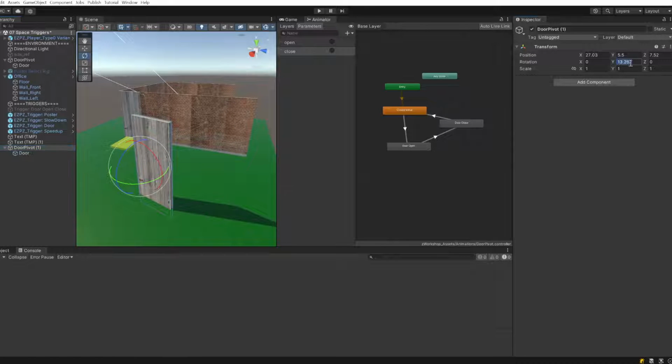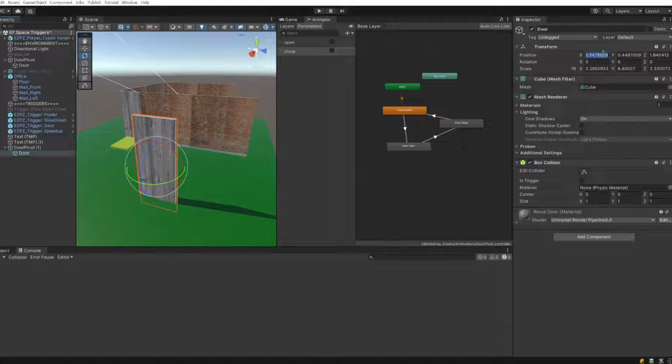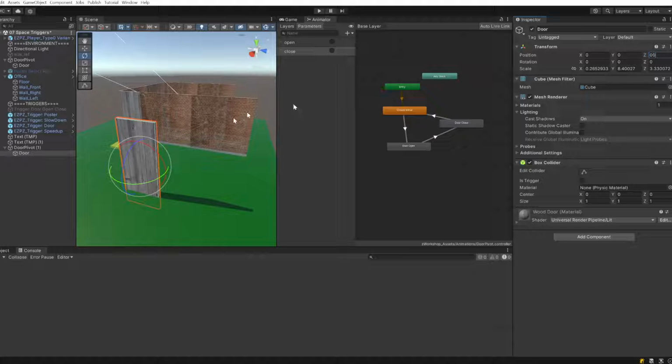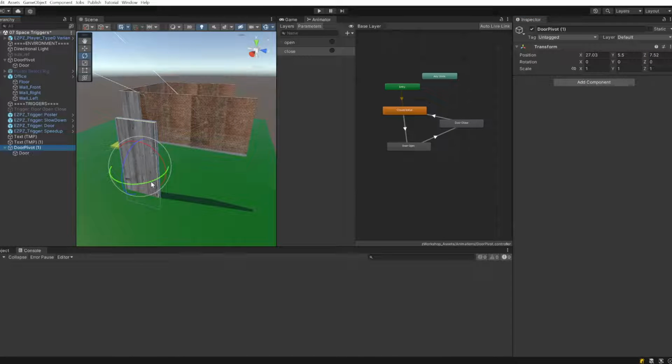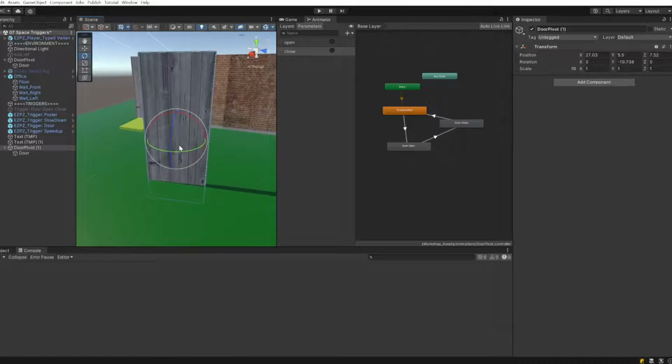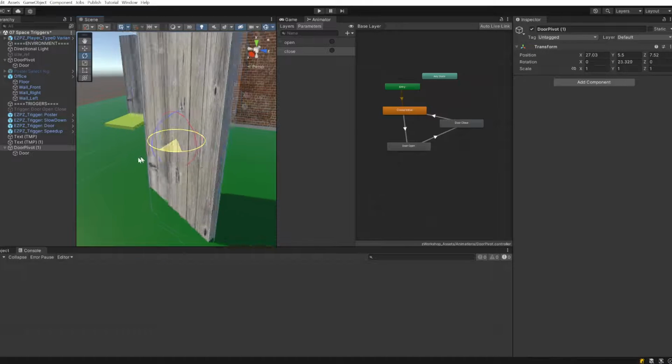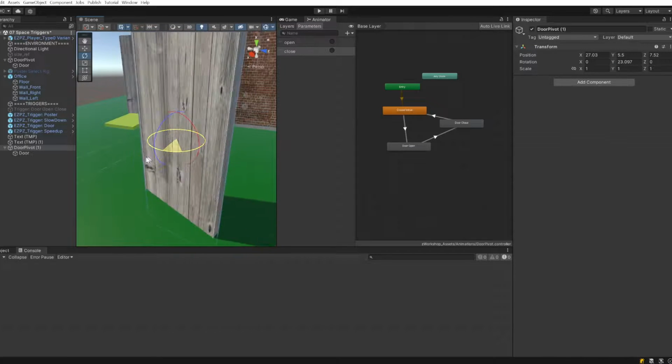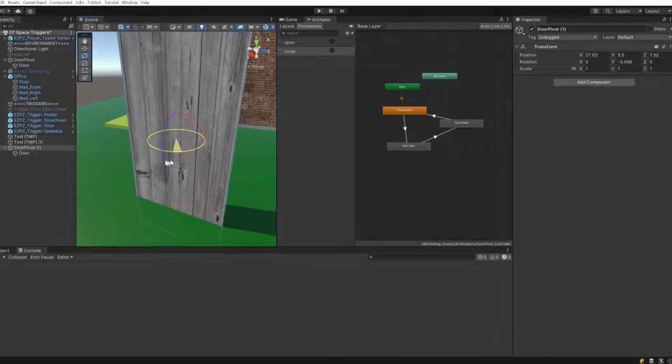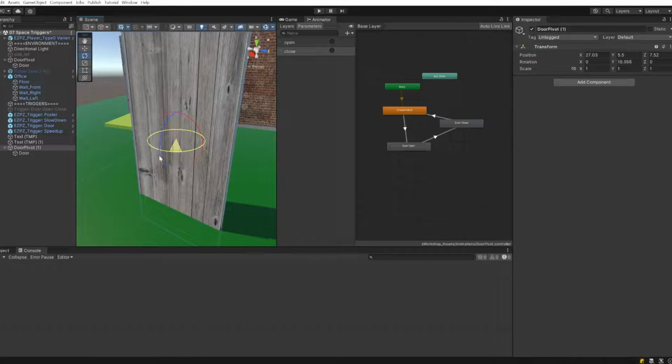So I'm just going to reset this to be 0. So if we actually set the child object, which is the door, to be right in the middle of the pivot, you can see that instead of it pivoting on the side, on the hinge location, it now pivots on the center. And this is just going back to the basics of parent-child dynamics for game objects and transforms. So we'll take advantage of this